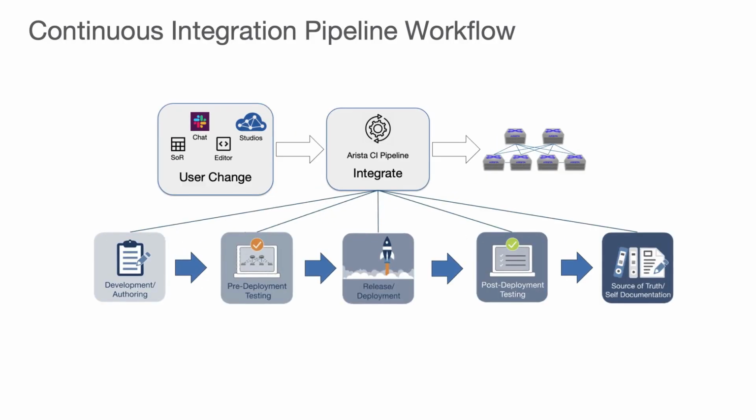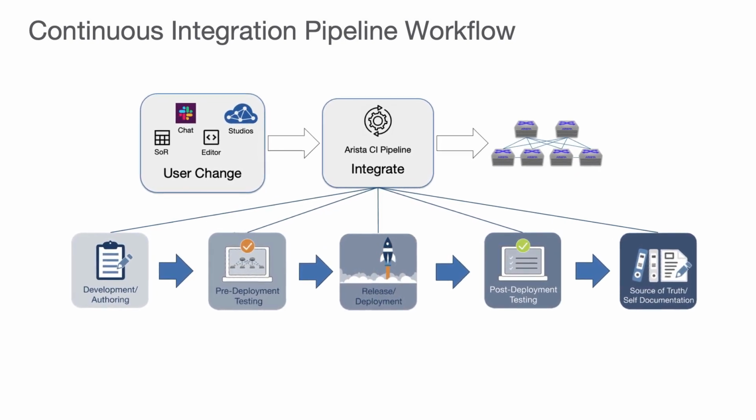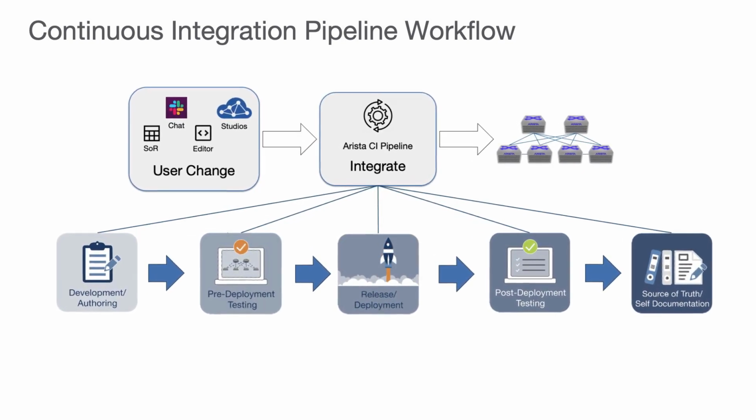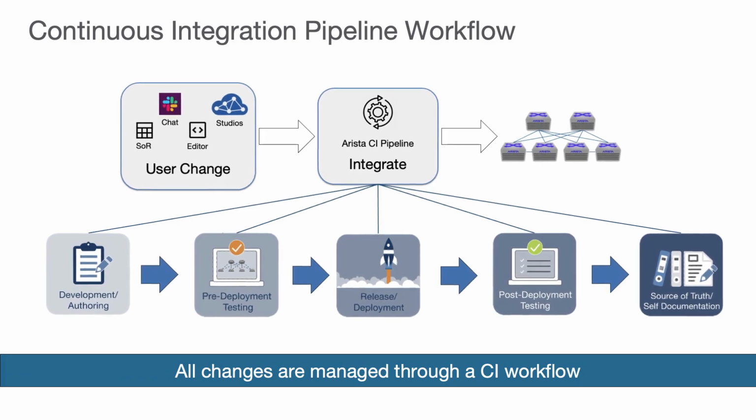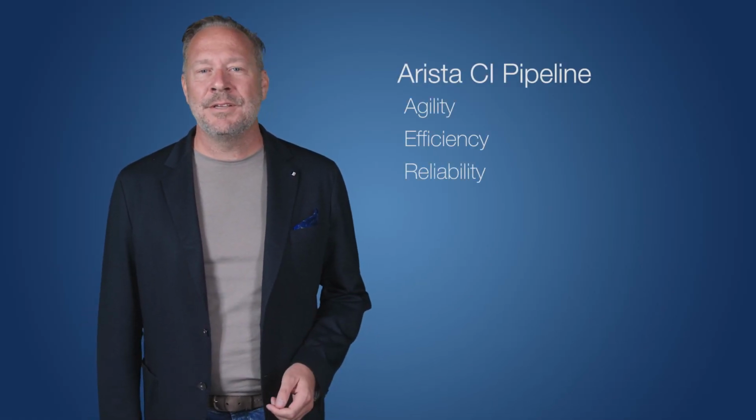Today, we'd like to introduce you to the Arista Continuous Integration Pipeline for network automation. The Arista CI pipeline provides an advanced DevOps environment for the continuous end-to-end lifecycle management of network operations from design to testing to integration, deployment, and documentation. It's designed to help our customers adopt a modern operating model, bringing increased agility, efficiency, and reliability to the network,